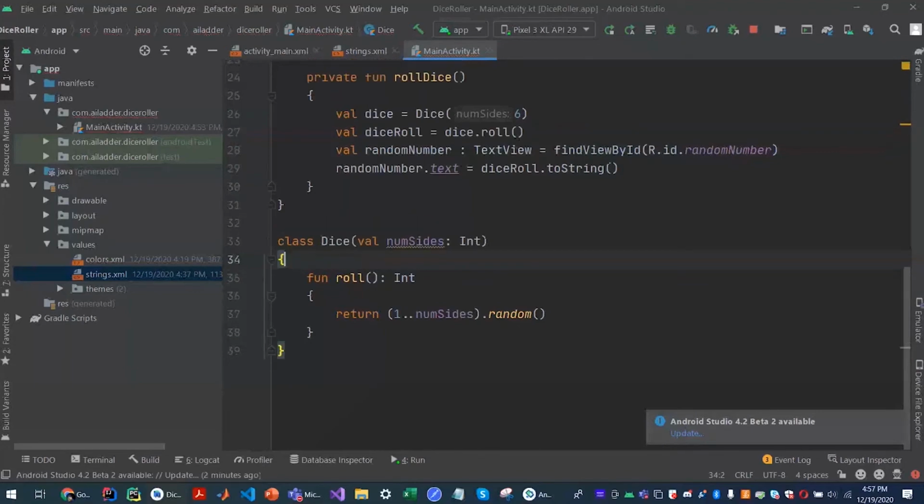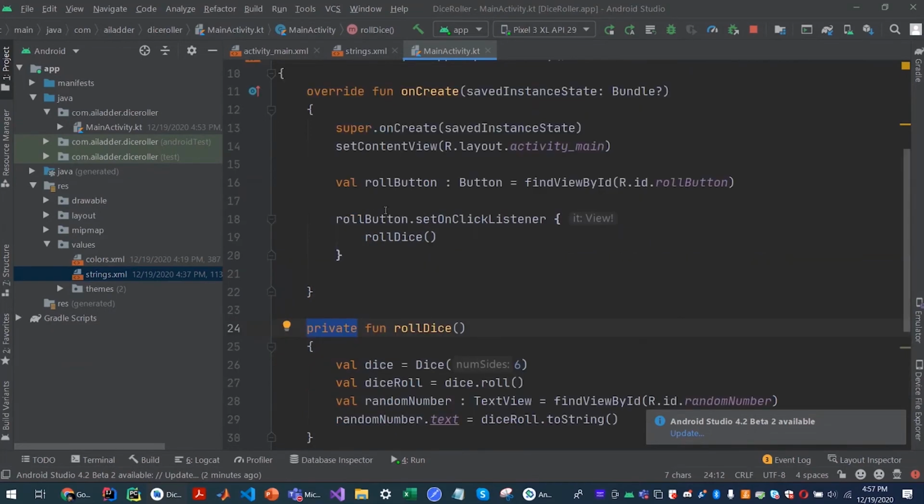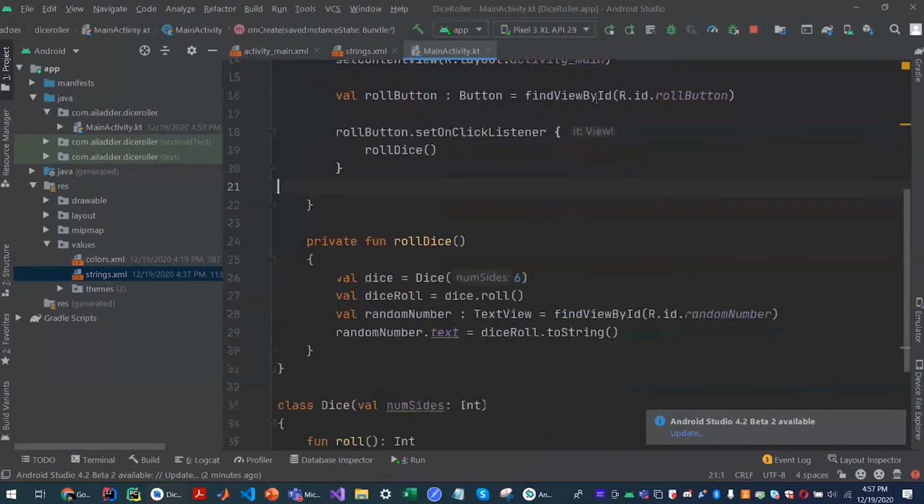This is used when you don't want any function being accessed from another class. If you want to keep things private, maybe in an app you're building, you want some security feature, or you want to store some passwords and you don't want anyone else to see them, meaning any class or any other property or function can't access it, then you would use this. So yeah, let's test out this app and see how it works.